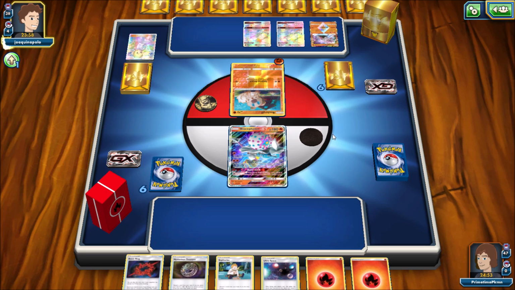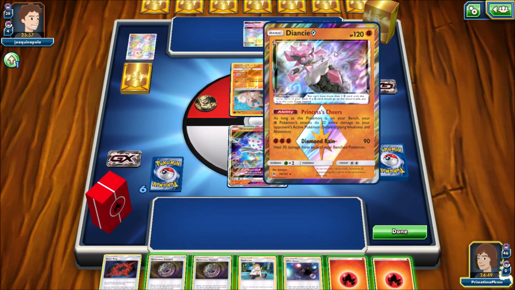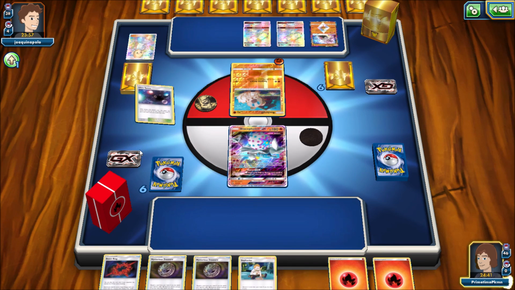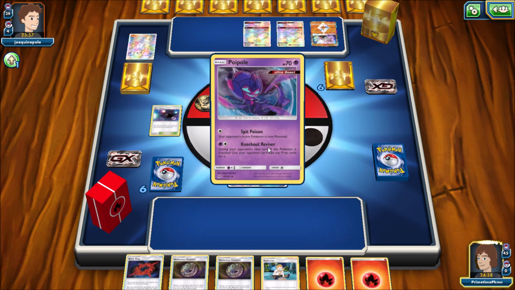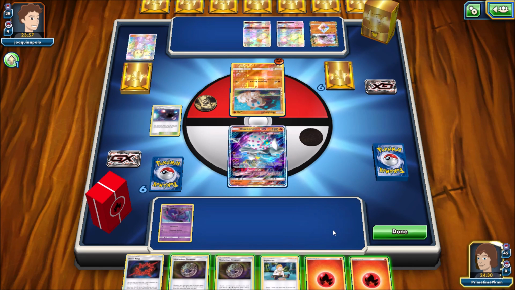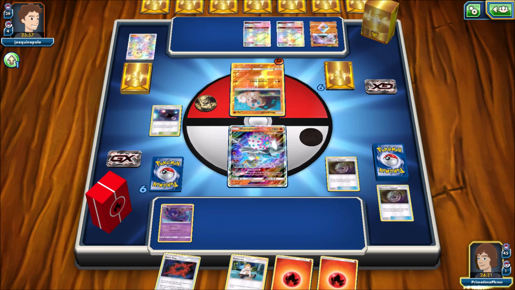They're putting lots of Buzzwole out there so far. I would like to knock out this Diancie as quickly as possible. So I really do not want to put out the Ultra Space, but I am going to just to get Poipole set up. Like so. I'm going to have to... I think I am going to Sophocles. I take that back. Let me Mysterious Treasure 1 for